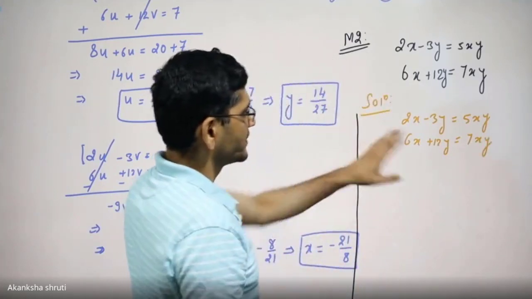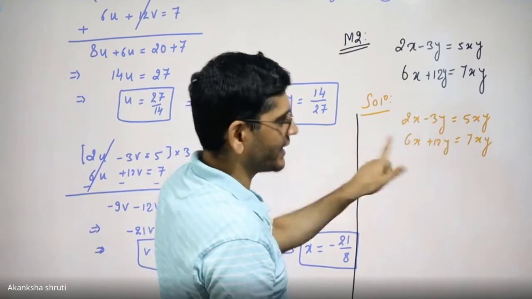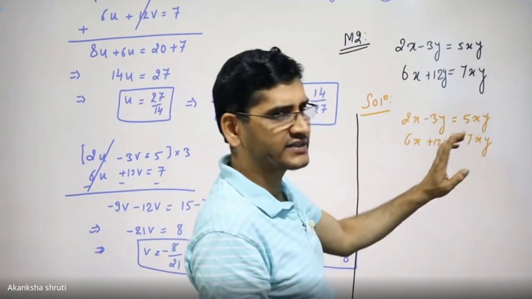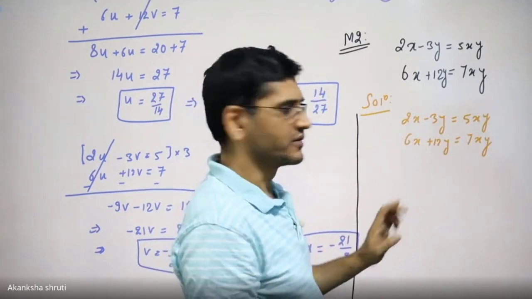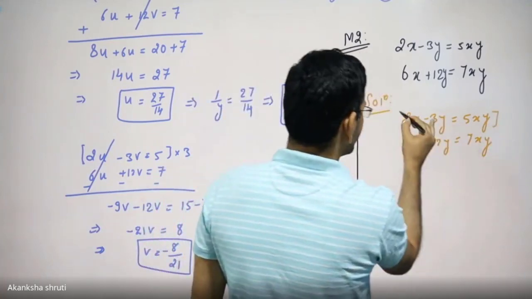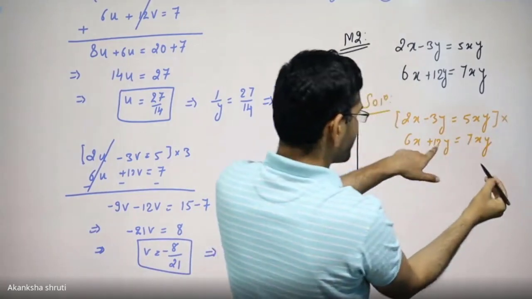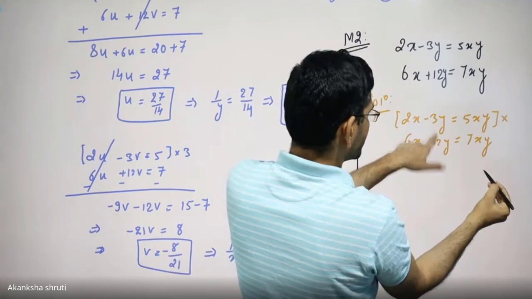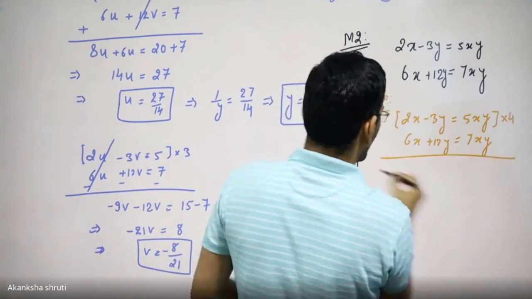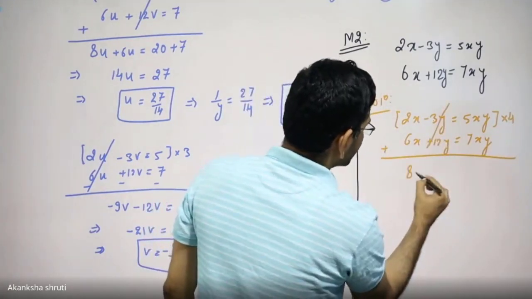Here, try to cancel one of this, x or y, in left hand side. Though on cancelling x, the other x will remain on right hand side. Please do not worry. So let us cancel this y itself. For cancelling this y, we need to multiply this first equation by 4, since 3 4s are 12. Go for adding. 4 2s are 8x only.